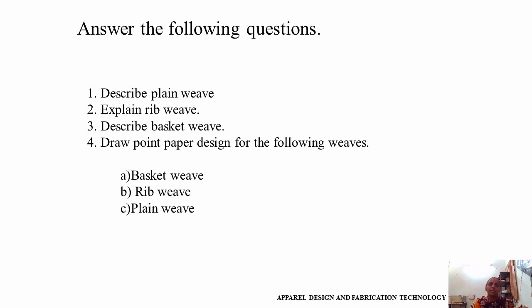So the interlacement order for the plain weave is 1 into 1. Rib weave: one coarse, that is coarser yarn with a thinner yarn, so you may consider the coarser or heavier yarn as 2 and the thin yarn as 1. Basket weave: interlacement 2 into 2, 3 into 3, 4 into 4, at the same time. For all these weaves, 2 harnesses are required, and the interlacement method is the same, but the yarns used are different. Thank you.